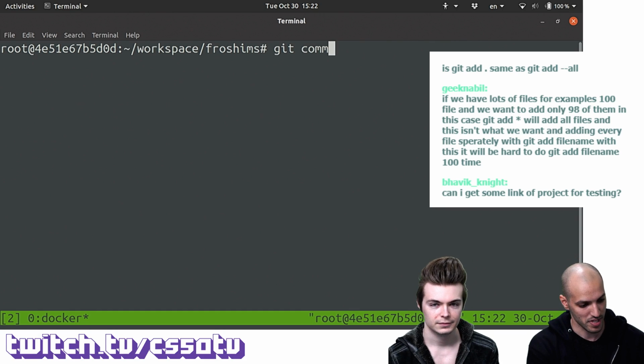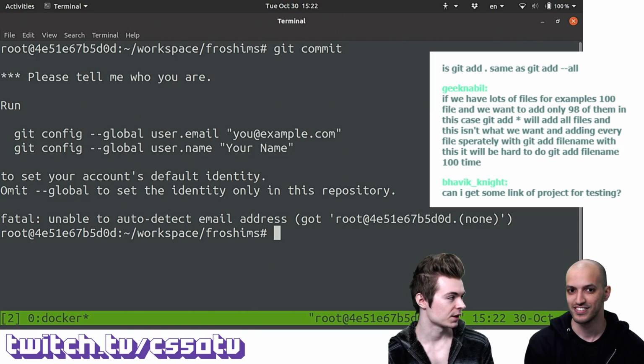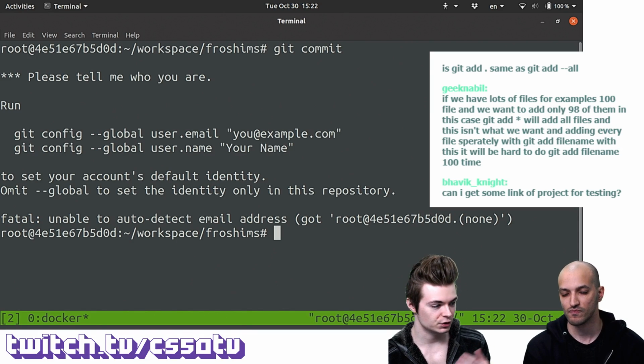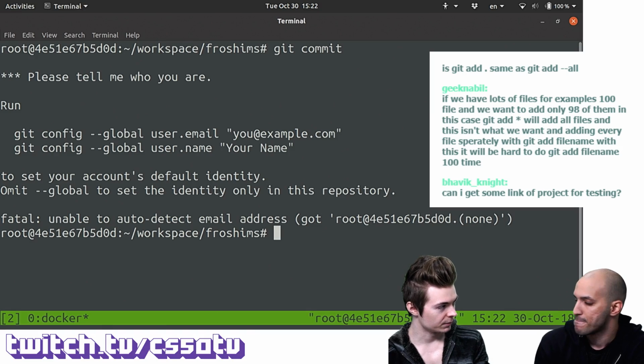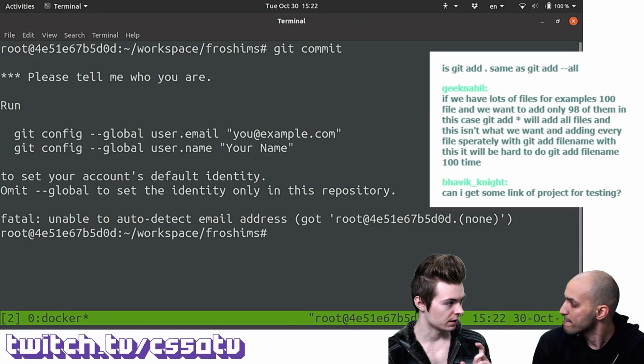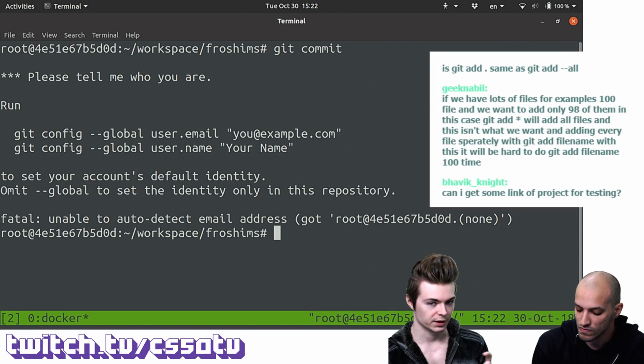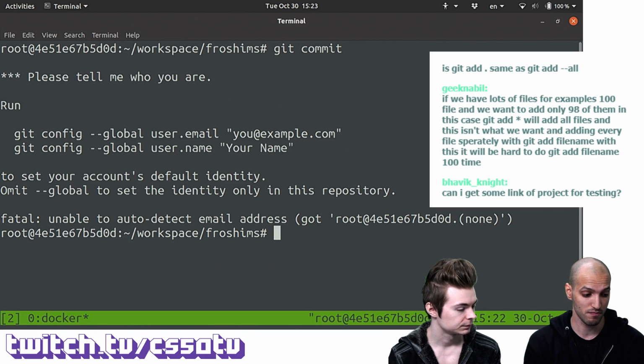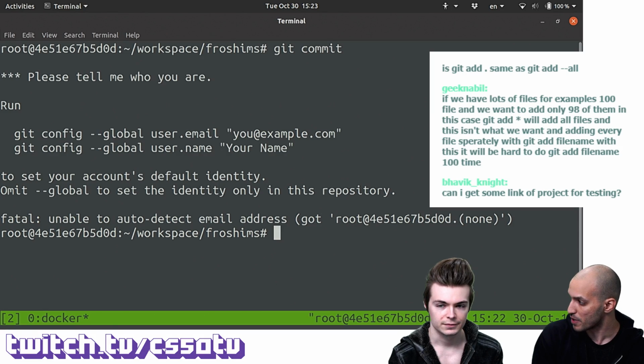So we missed the commit component earlier. We were going to talk about git commit because now we have the untracked files, and we've added them with git add --all. And so the next stage, like you said, is to take a snapshot of the working directory as it is right now. Correct. We need to save the changes that we have into the repository.